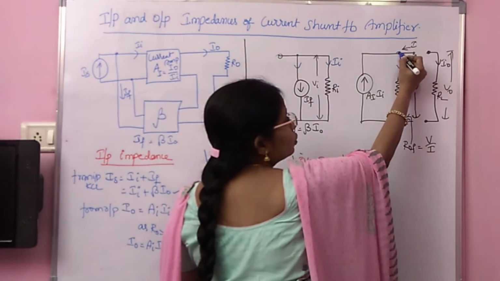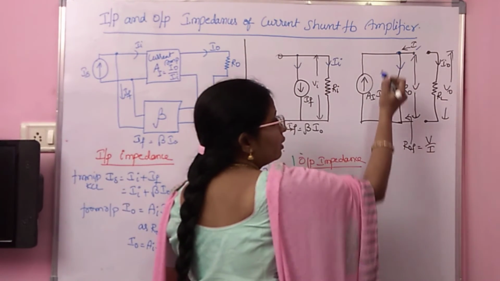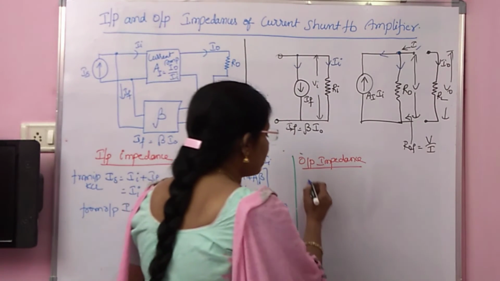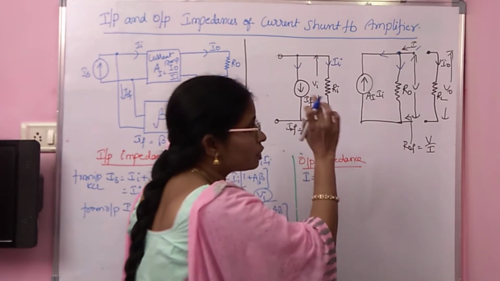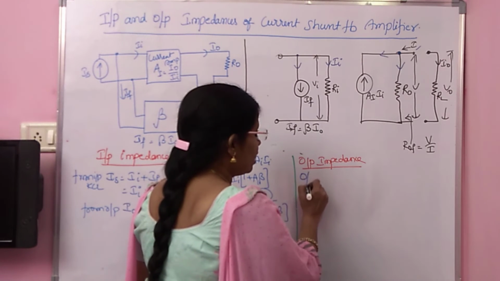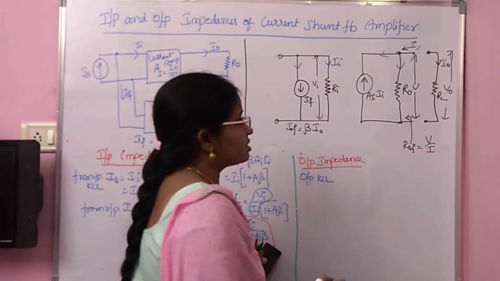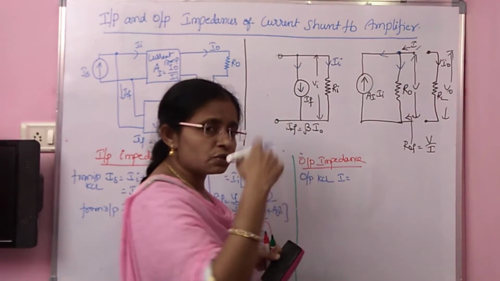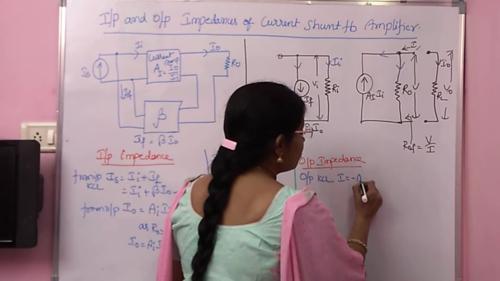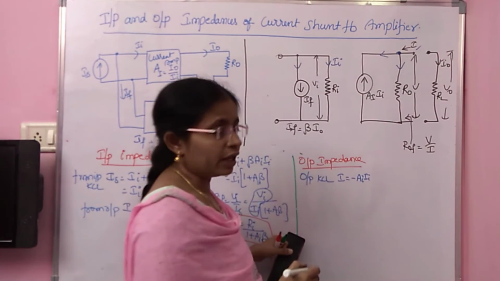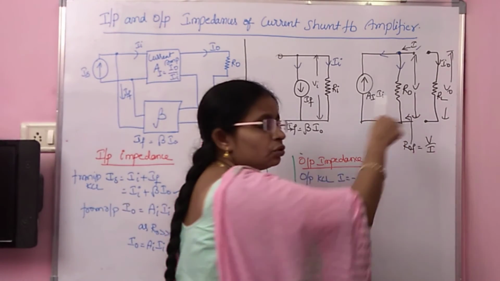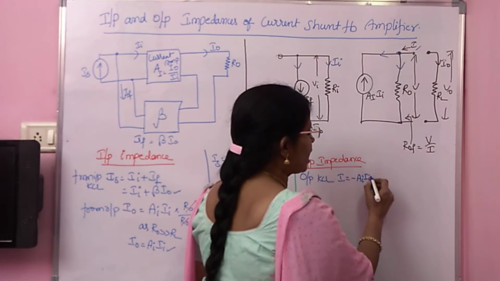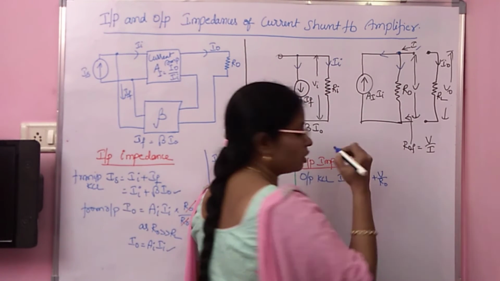So, if you observe, to this node, the current I is coming. It gets divided into 2 parts. One is this side and a part is this side. Now if you write the KCL at that node, from output KCL, I is equal to, this AI is in opposite to the current I. Therefore, it is minus AI. Then to get the current through R0, you must go for voltage by resistance. So what is the voltage across R0? V. So it is V by R0.